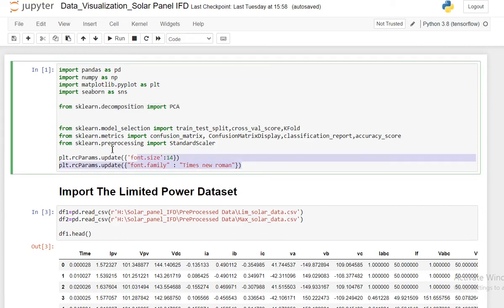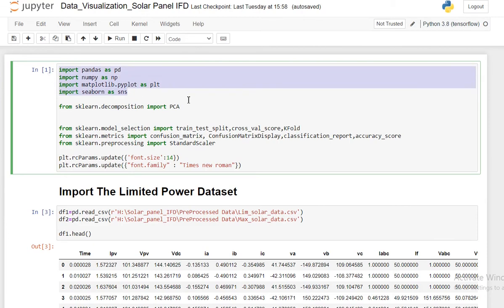So this is the code. This is the entire Jupyter Notebook file for the data visualization and dimensionality reduction of this dataset. In the first block, we'll import the necessary libraries like pandas, numpy, matplotlib. Then I want to import PCA, which is principal component analysis, for dimensionality reduction. And this is one another class we need, that is the StandardScaler, because when we want to do a PCA, we need to bring all the features to a similar range to do the standardization. So that's why we need the StandardScaler class.